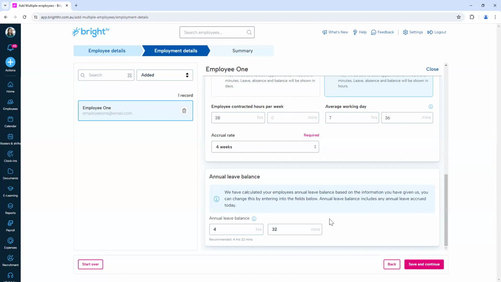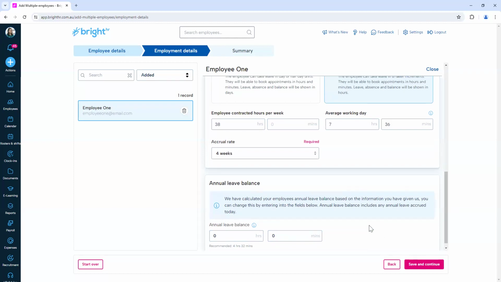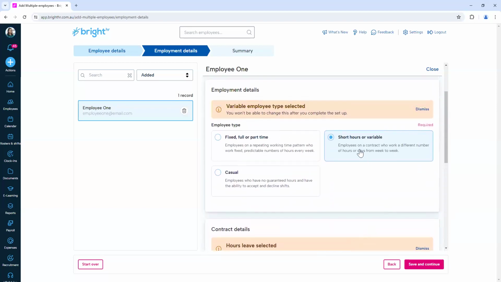So what I often suggest at this stage is we can actually put this annual leave balance to 0 hours and 0 minutes. So we've got sort of a null value there and we know we have to come in and update that. We would then hit save and continue and we'd be done setting up the employee's profile. But what I want to do is actually scroll back to the top of the page and now show you